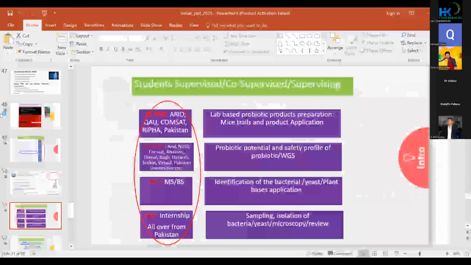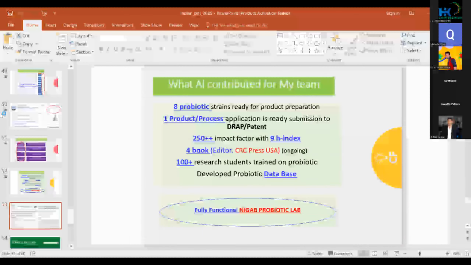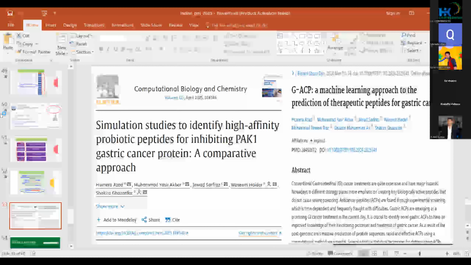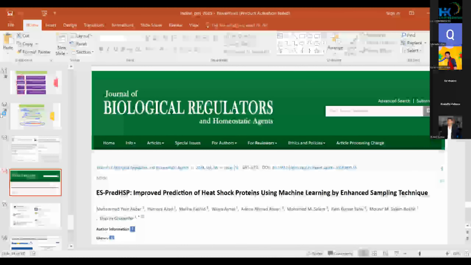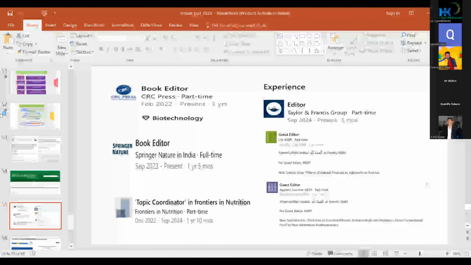We have a huge number of PhD and MPhil students who are using AI models to build new tools and new products. The outcome here is a unique paper from our lab, which used an AI model to build a new tool, published in Computational Biology and Chemistry in 2024. Another paper used an AI tool to predict heat shock proteins using a machine learning model. So we are also using our expertise to give a huge publication to